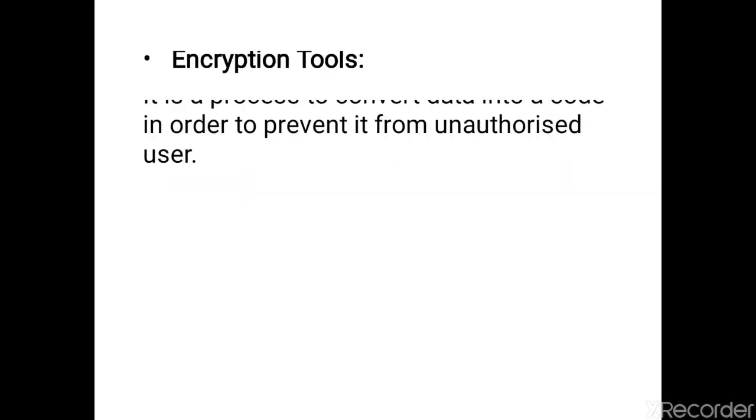First utility software which was discussed yesterday is encryption and decryption tool. So what are encryption tools? These are the tools, or it is a process, which converts the data into a code which is not understood by unauthorized users. Means if you want to send data to some person and you do not want any third party to take your data and understand it, you can use the encryption method. Here are some of the tools which are used for encrypting it. These are known as your encryption tools.